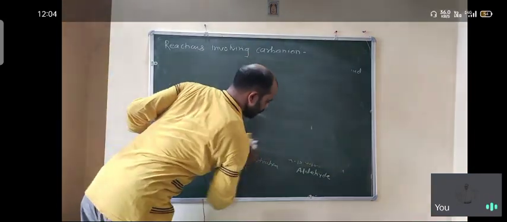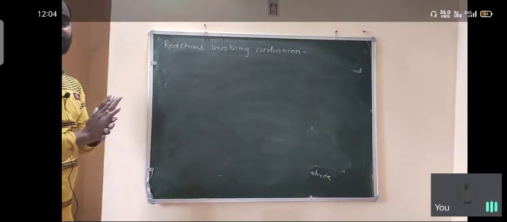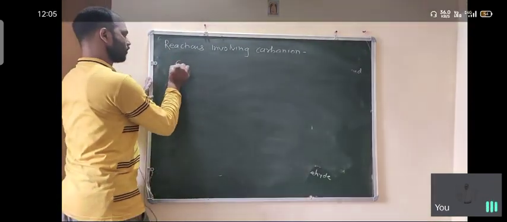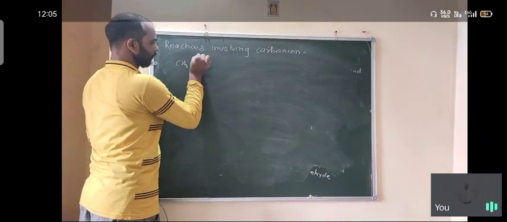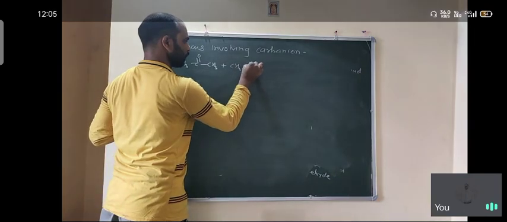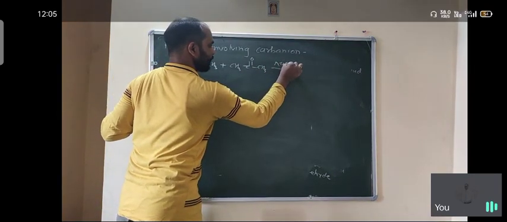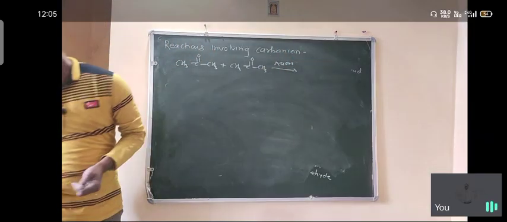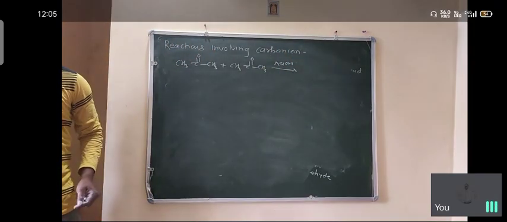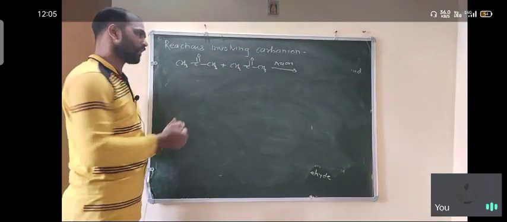So now we discuss how to write the products directly. For that, suppose acetone is given, plus a second molecule is given, and here NaOH is given. In an examination, a question is asked like that, the reaction is given to you, and you choose the correct product which is forming in the given reaction.